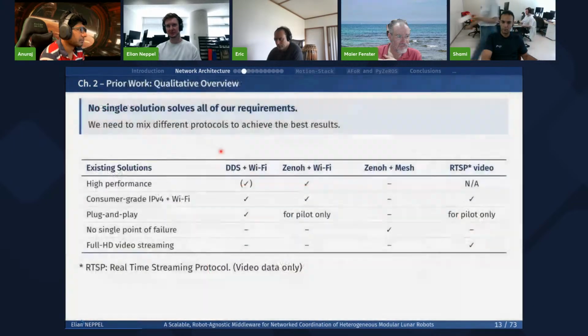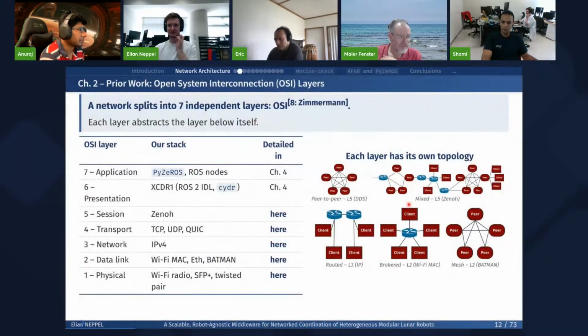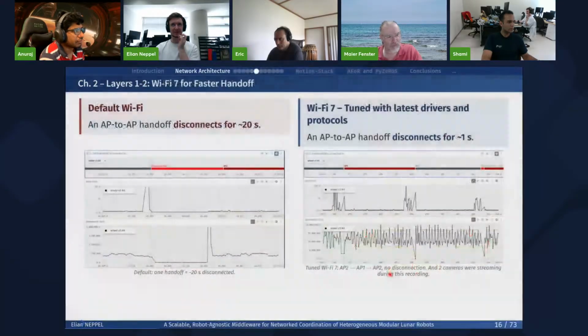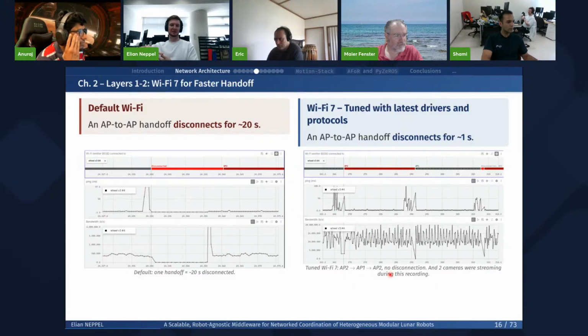So we have a central Wi-Fi emitter in this brokered topology. And we will see later that I will also use the mesh network to solve this issue. But this is just about consumer grade Wi-Fi, not the mesh network, which is very complicated to set up. So that's why I think it's interesting to talk about those standard Wi-Fi technologies.